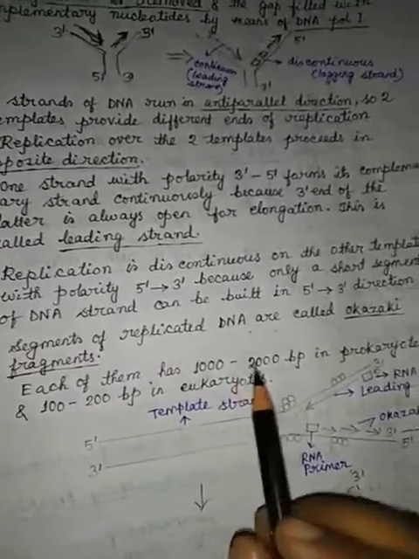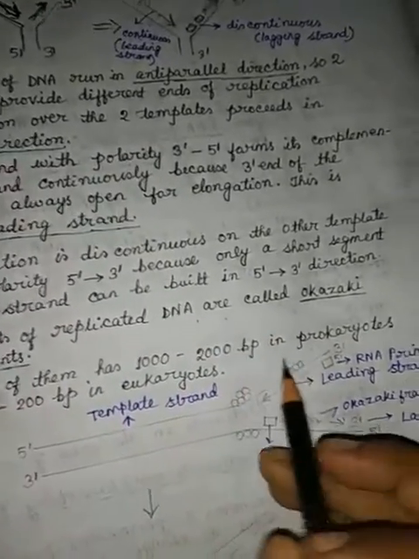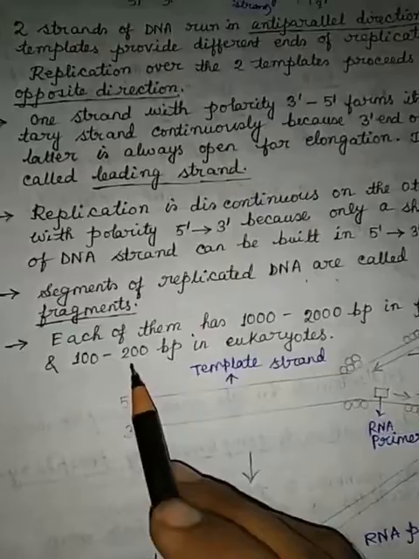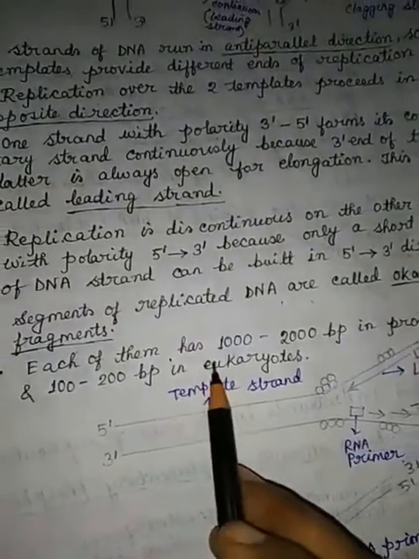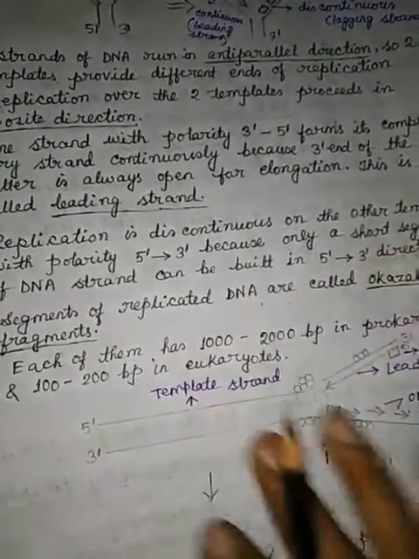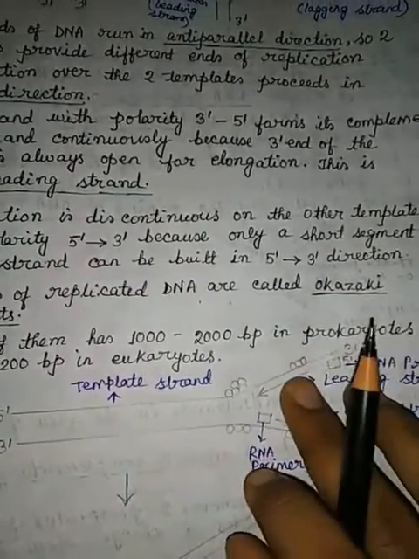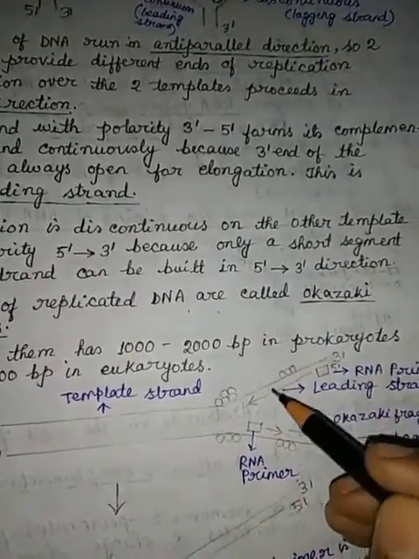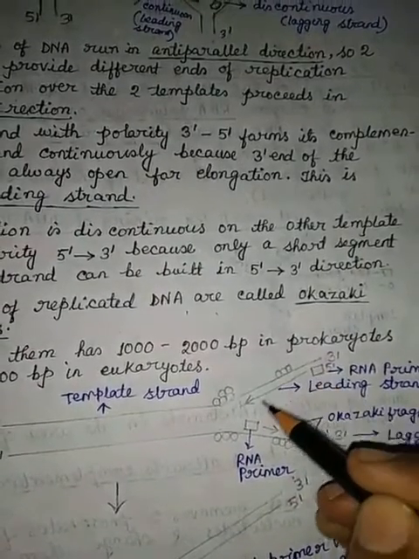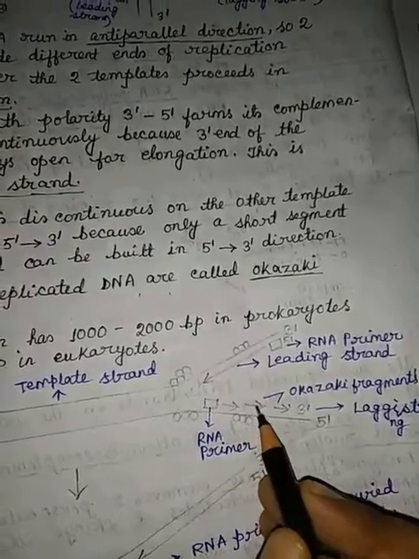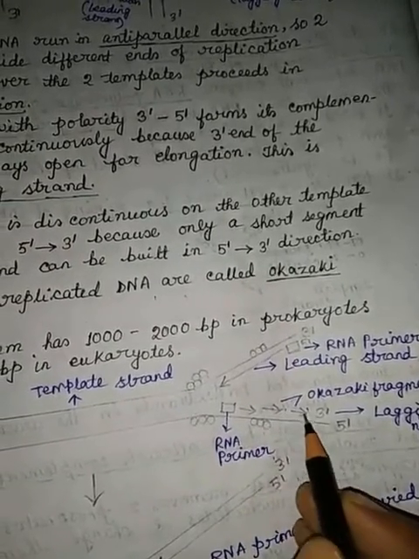Each of them has 1000 to 2000 base pairs in prokaryotes, whereas 100 to 200 base pairs in eukaryotes. So this is not so necessary a point. This is just the basic difference. But now the question is why here the strand is formed in a continuous manner, but here in a discontinuous manner. Actually,